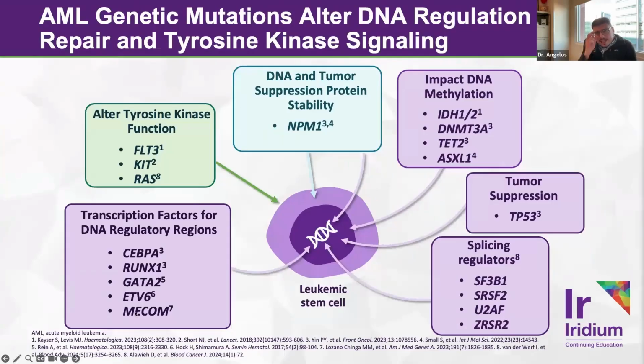These AML mutations can affect multiple different aspects of hematopoietic stem cell self-renewal. Some of these mutational drivers can affect genomic stability and also DNA methylation. They can also affect protein cell signaling that's mediated by tyrosine kinases, transcriptional activation, how DNA is processed and modified. All of these specific mutations and their biological mechanisms of action are listed here on this slide for your reference.